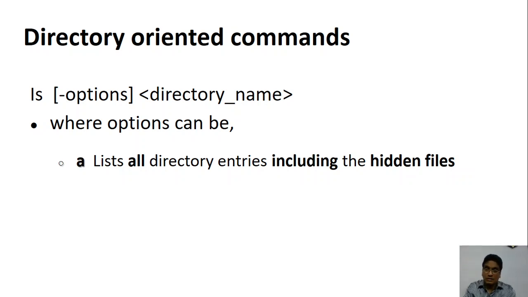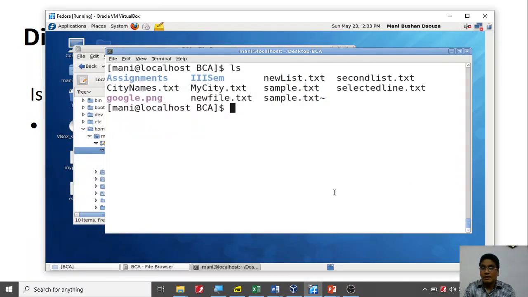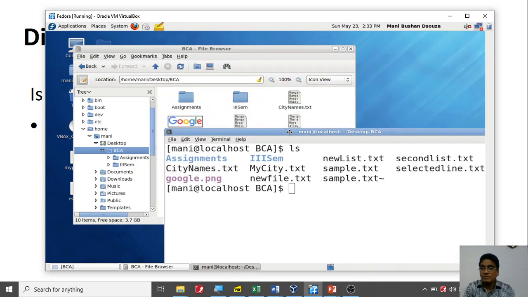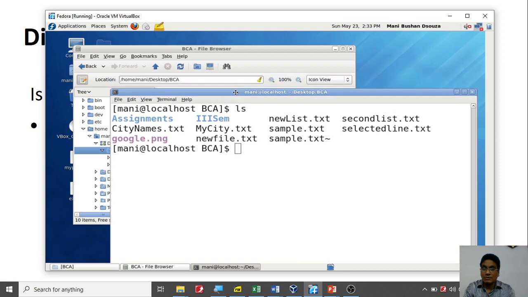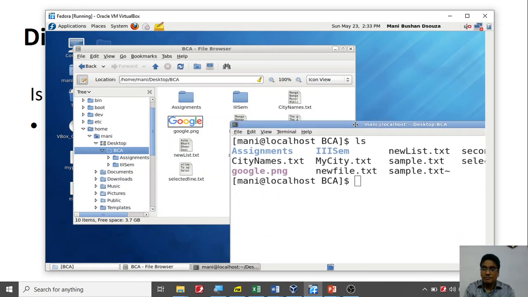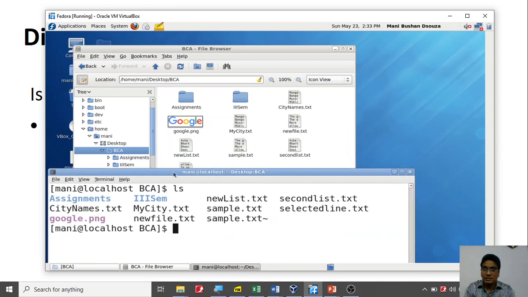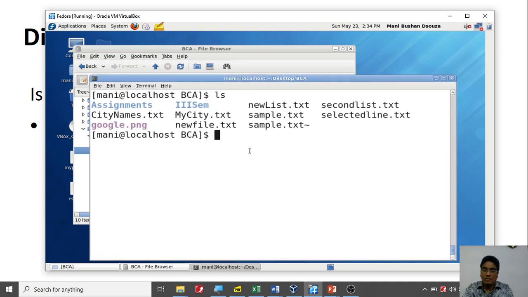So generally in Windows you have an option called hide a file. When we talk about Linux, the files are actually not shown. For example, if you look at a file here called sample, let me just show you that particular thing. So sample, and you notice that it's not showing that sample and tilde. It is not showing. Now how to create a hidden file?